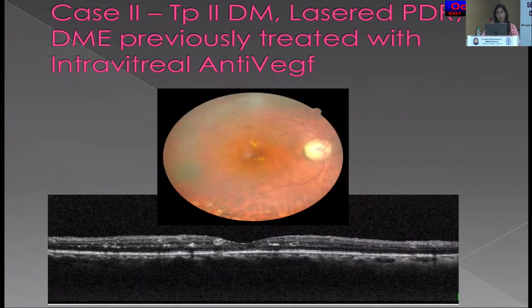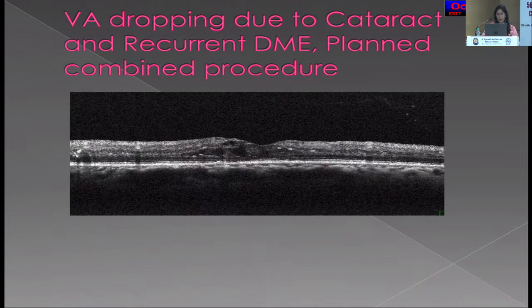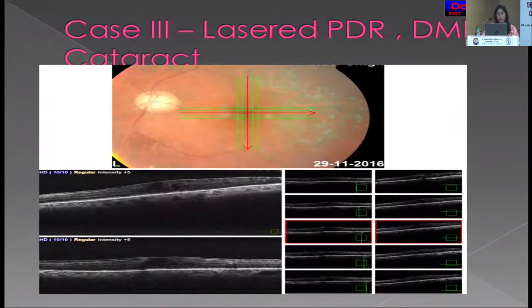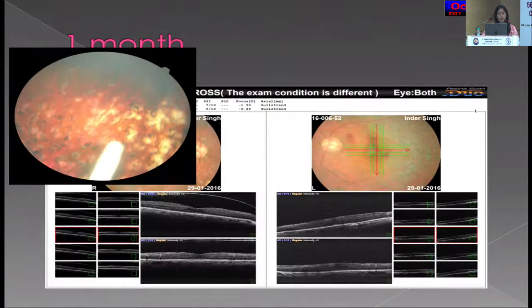And another case again, this is a post-operative picture actually. And after 3 months, the same case has maintained a good visual acuity. Another case where this patient was a laser proliferative diabetic retinopathy with DME with cataract. Again, we implanted Ozurdex along with the cataract surgery. And these are the post-operative OCTs